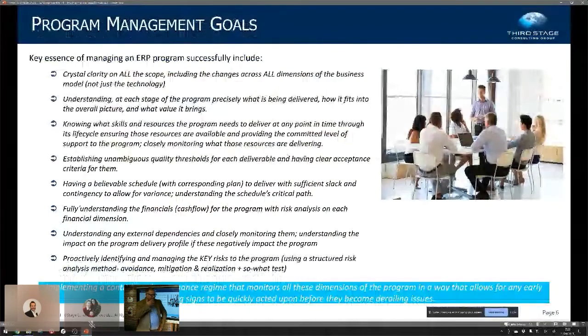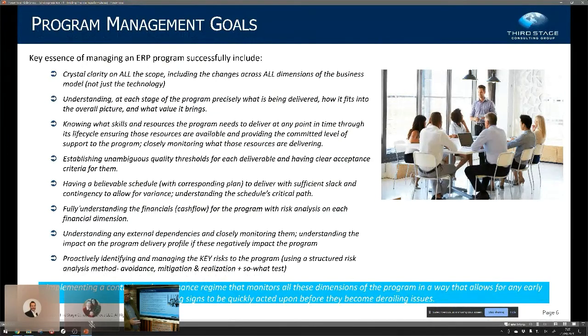There's a whole list of goals, and I call them program management goals. Truthfully, this is true of any large business or technology transformation. It doesn't have to be ERP, HCM, or CRM. But we come across clients so often in our daily lives who just haven't got all of these dimensions crystal clear in their mind.